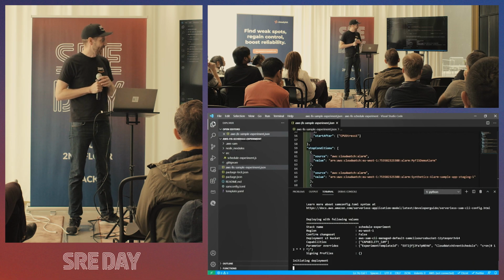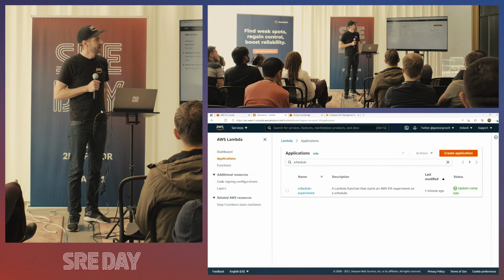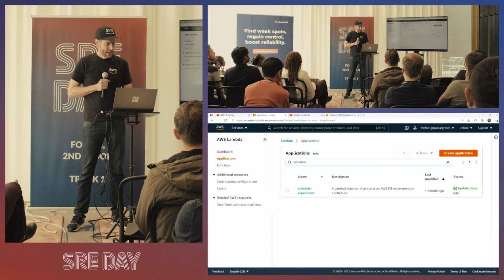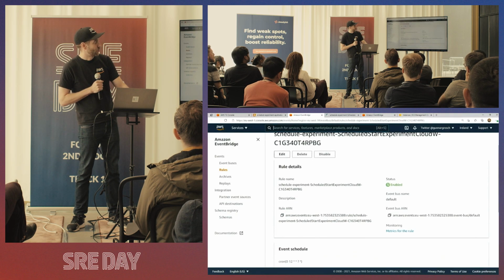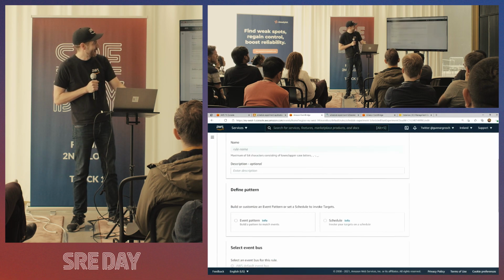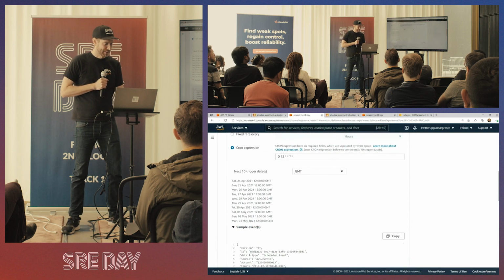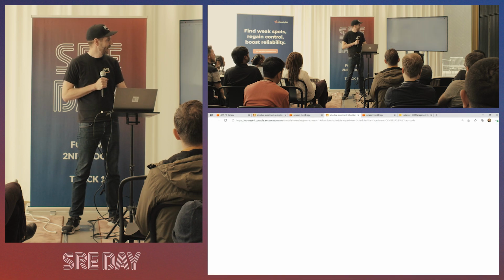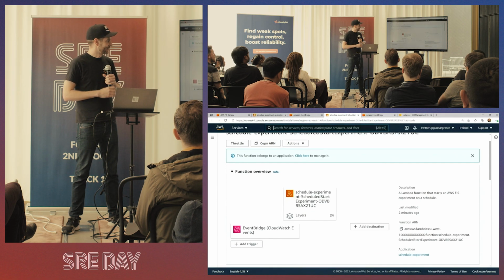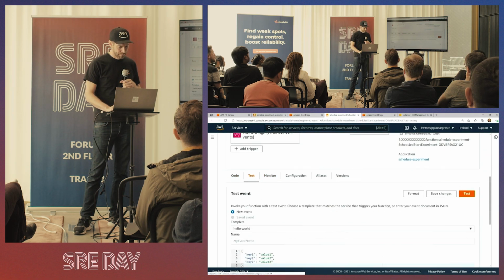And then deploying that. This will now update my scheduler with that experiment template. Looking in the AWS Lambda console, we can see that it's been updated. Cool. So then we could either wait for 12 a.m. or we can simply just test the scheduler. So I'm going to create a test event, copying the test event, and let's just run it through the AWS Lambda console.